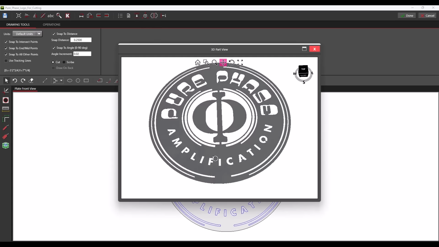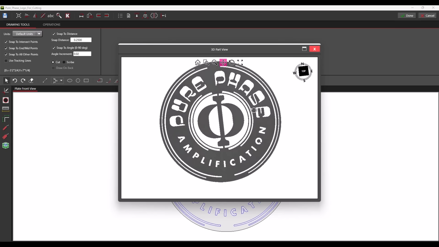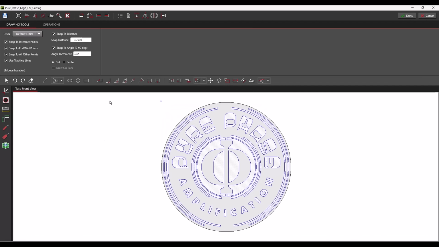So the final step before sending over our part to the machine is pre-kerfing the part. The kerf is the width of the material removed by the cutting process. When we pre-kerf in our software, we're offsetting the part profile in advance so the resulting part doesn't turn out too small, have too tight of edges, etc., since the kerf eats into the material.